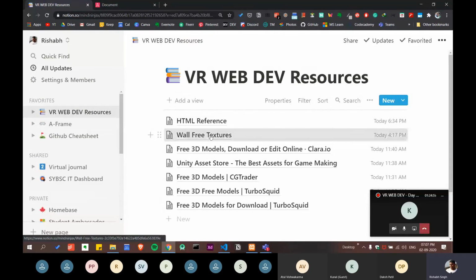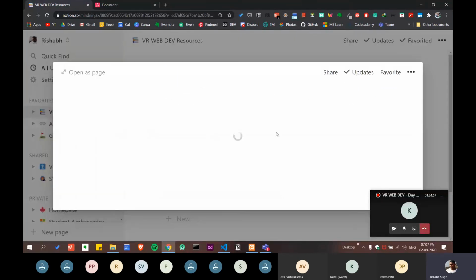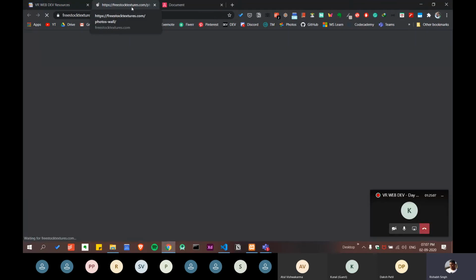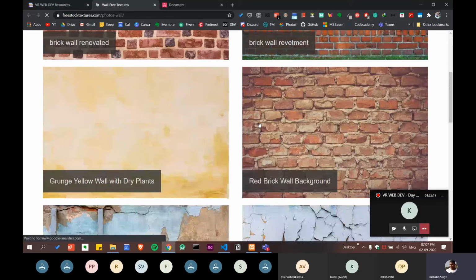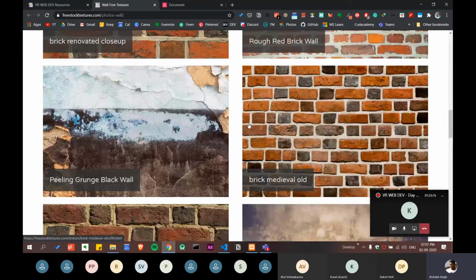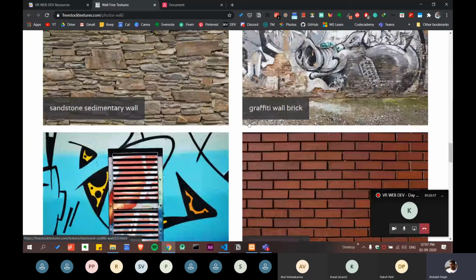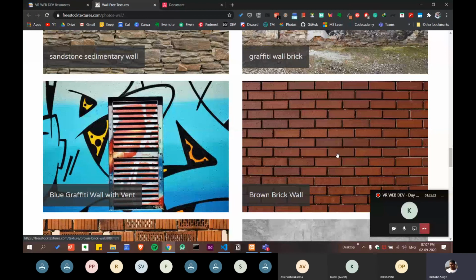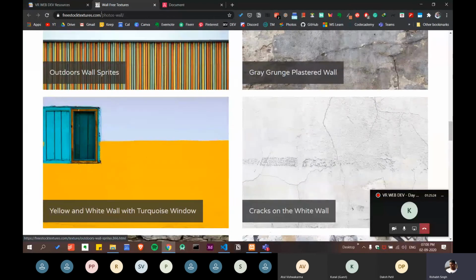Let me open it. Here's the link. Let me click on this. It will take you to a page where you can download different types of walls or textures, and you can use them in a creative way. I have downloaded this one over here, so you can use it also.